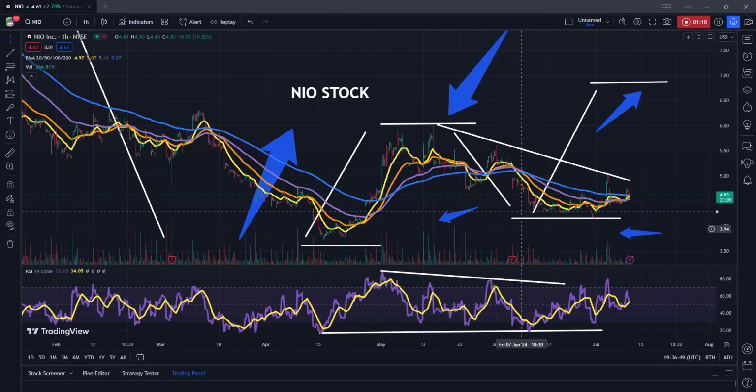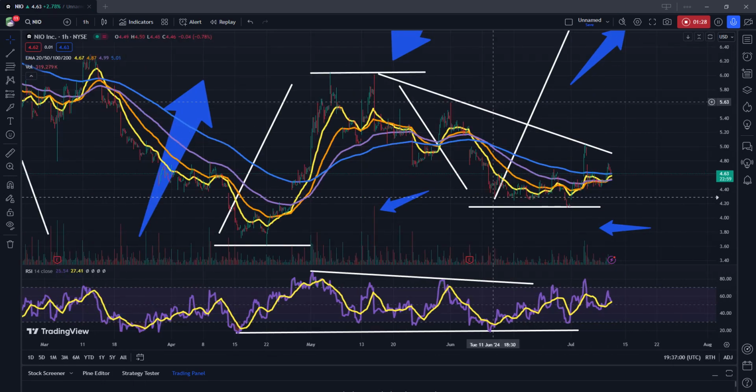So overall, we do need to pull out a bit here and try to get an assessment of where these actual trends are ready to take us going forward. Currently, what I would like to see here would be an upside break of this downtrend line. It is a bit discouraging to see that we are posting lower highs here, but at the same time,